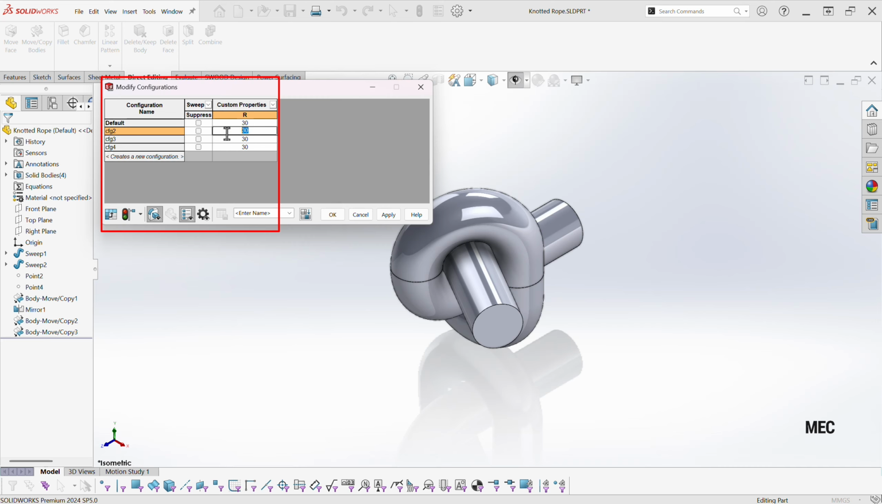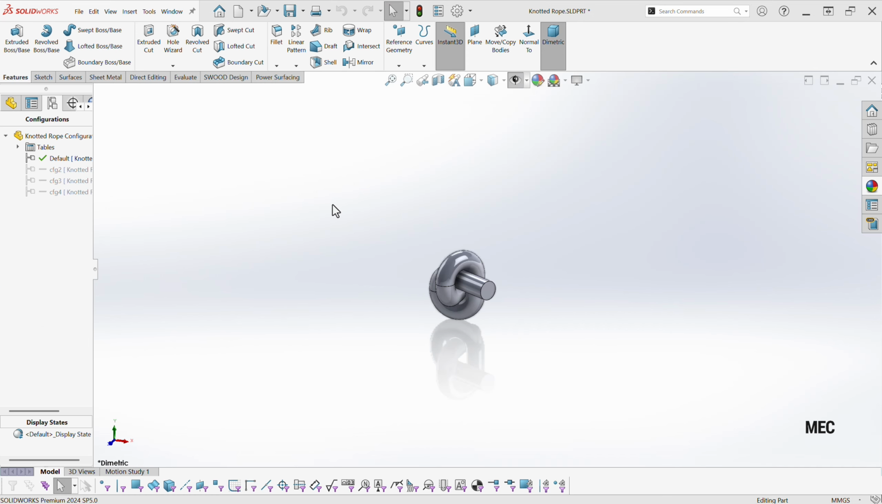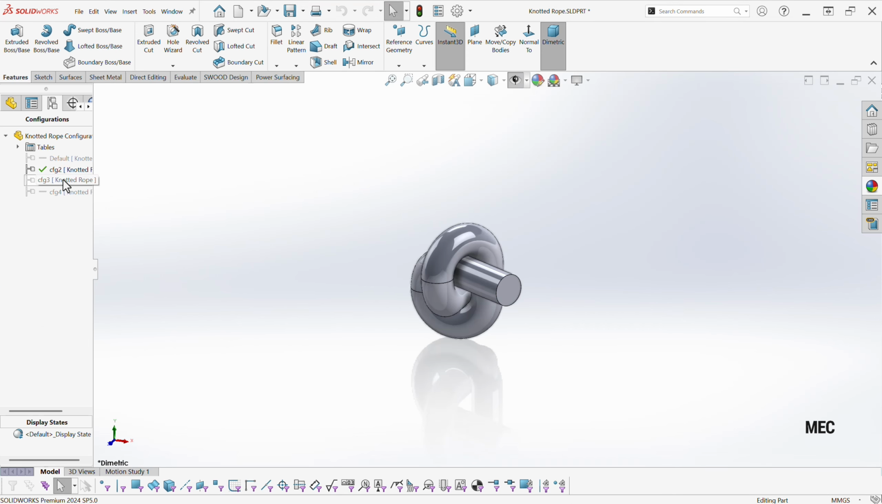Now we modify the number for different configurations: 30, 50, 70, and 90. Then we go to configurations and review the different dimensions of the